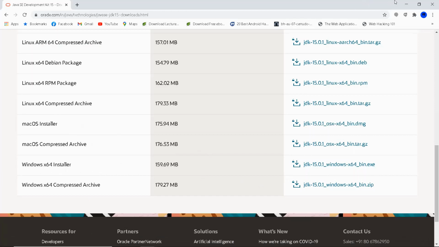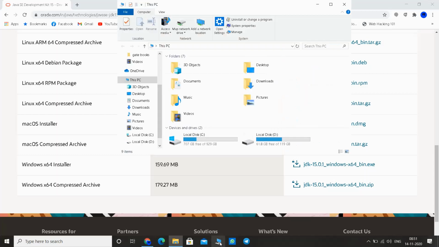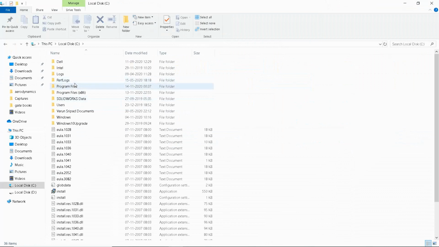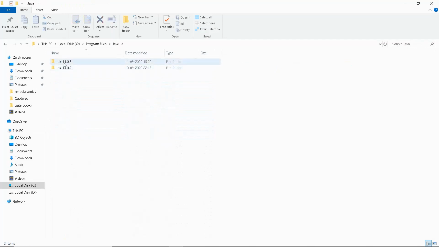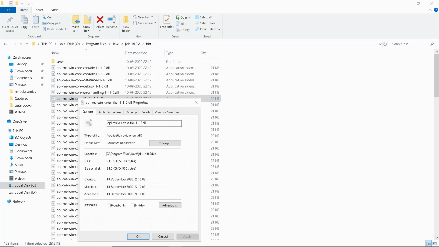Well, after the installation, go to the path where it's located. If you leave it by default, it will be in local disk C, and then program files, Java. Well, actually I've installed two versions over here, so select any version and then go to the bin, and now right click on any of the files and then go for the properties, and here you could see the location. So copy this location